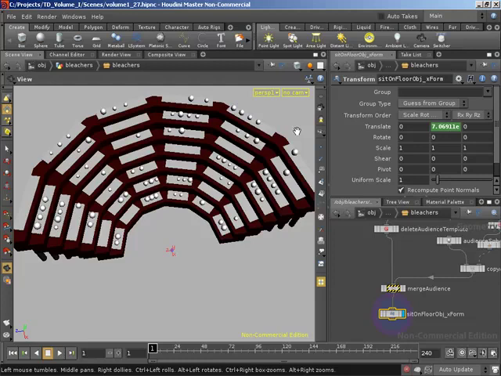Now, if you recall, our crowd is being generated from a single node, our audience sphere node that we put down. If we were to take that node and run it through a simple twist SOP, that would give us the ability to squash and stretch this node before it gets duplicated. Now, if we drive the strength on the twist node, basically how much we are going to squash or stretch our geometry, and in driving that we use information that's being stamped back up from our copy that copies the sphere to all of our points, we can generate unique values for each sphere,